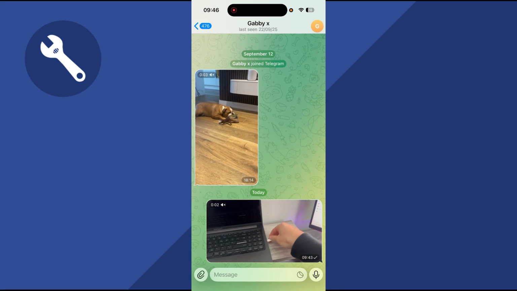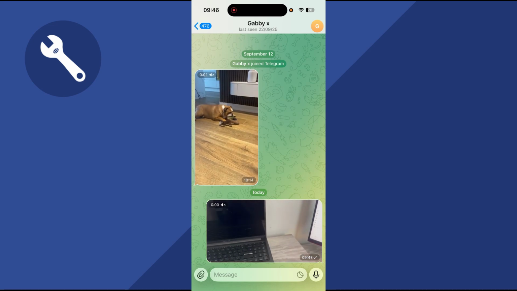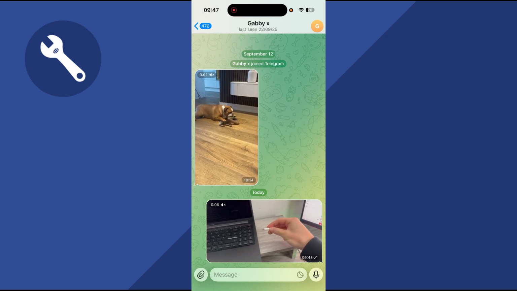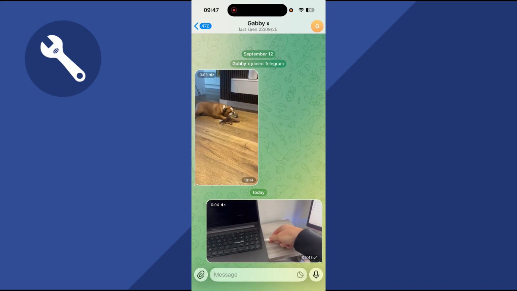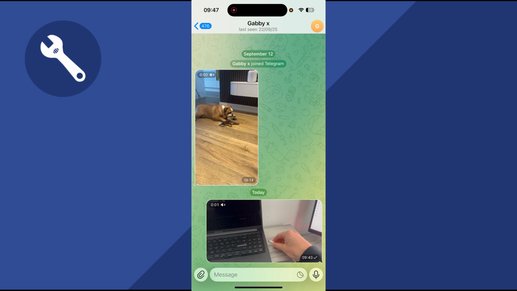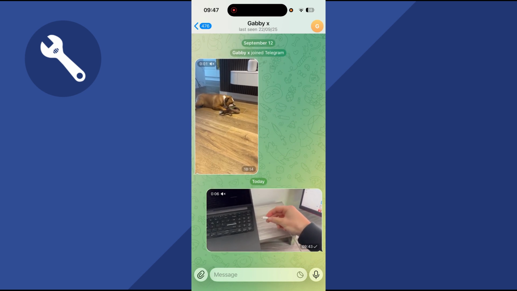In this video, I'm going to show you how to find your downloaded files on Telegram. So if you're having an issue downloading or locating your downloaded files, then there's actually a couple of things we can do to fix this. So first, just go and load up the Telegram application and then just open up the conversation with the files